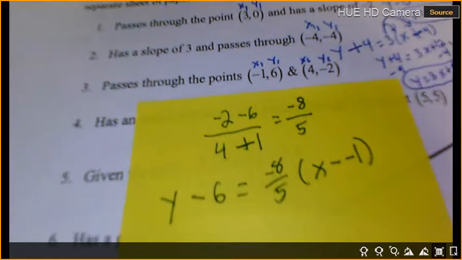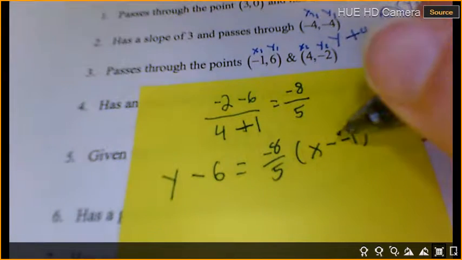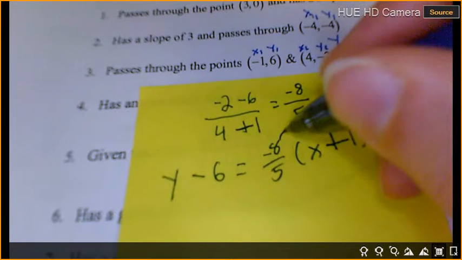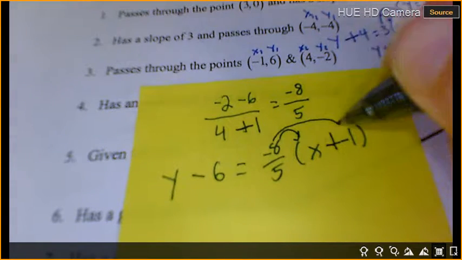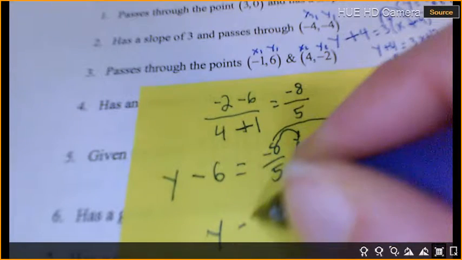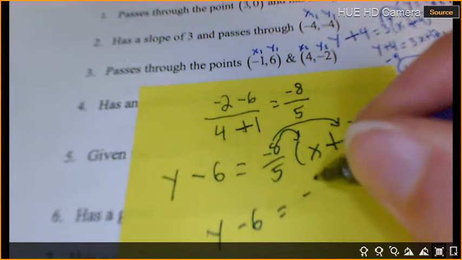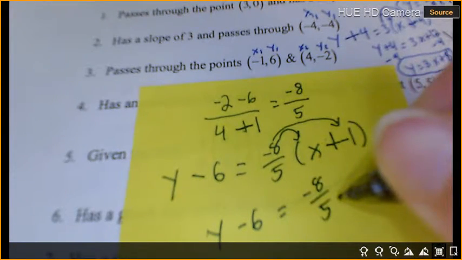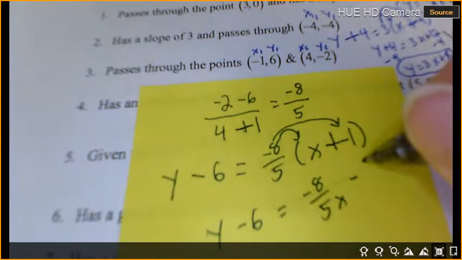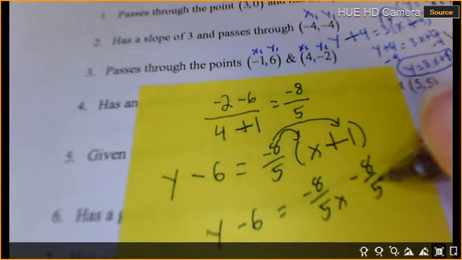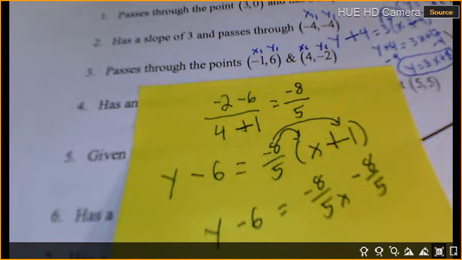Okay, stop doing that. Okay, so this is x minus the negative 1 becomes plus. I'm going to distribute. y minus 6 equals negative 8/5 x. A negative times a positive is a negative 8/5. Okay, if we want, right now, we could stop and change